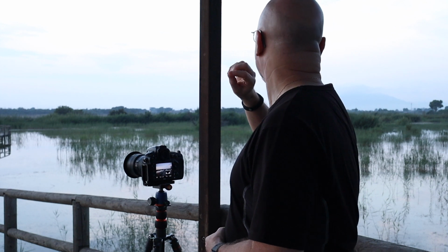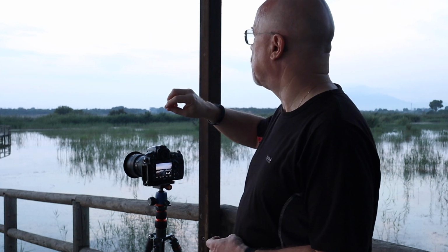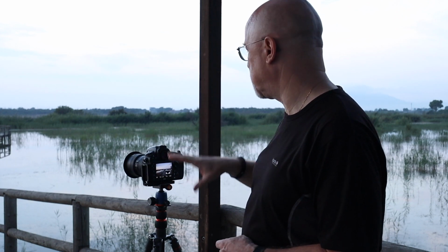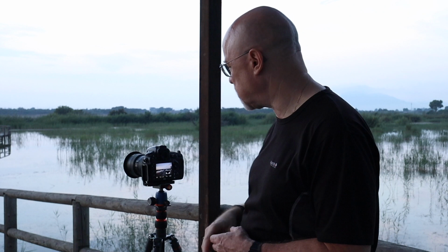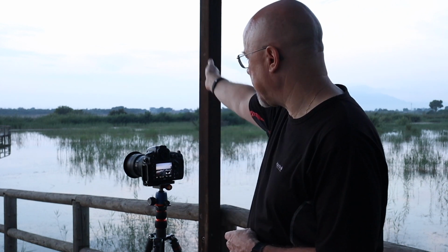There's a lot of cloud to the, I'm just trying to work out which way, so that's east. There's a lot of cloud to the north-ish, quite a bit of cloud over towards the east, and it's relatively clear out towards the south, so there's not a lot of colour out there, but it still looks quite nice, sort of pastel-y tones. So I'm doing a shot looking down this winding